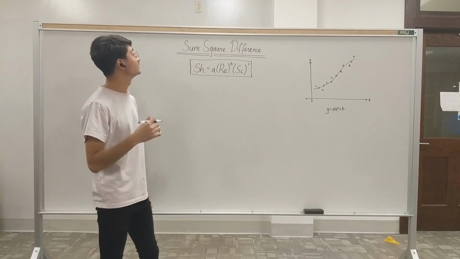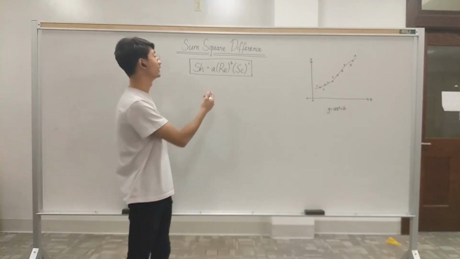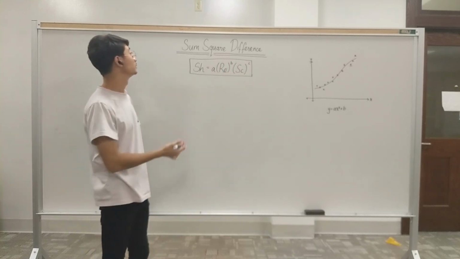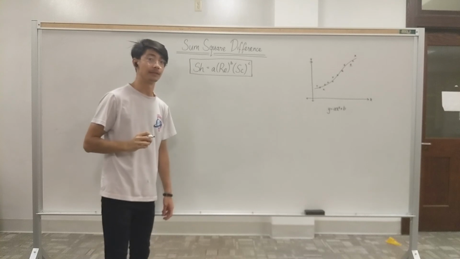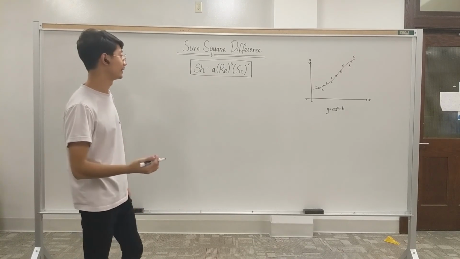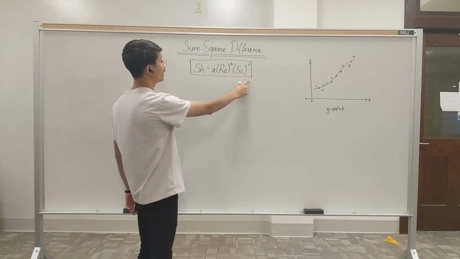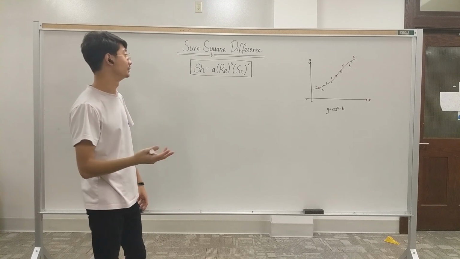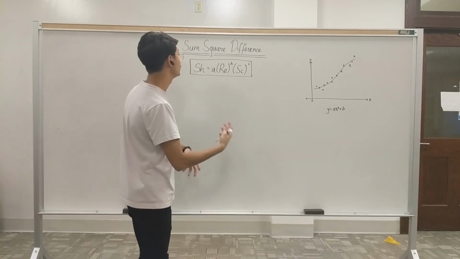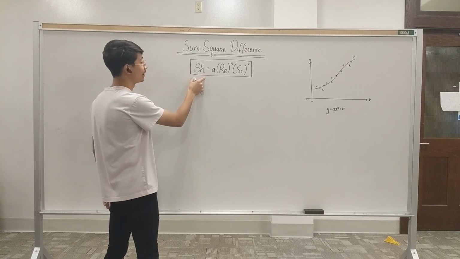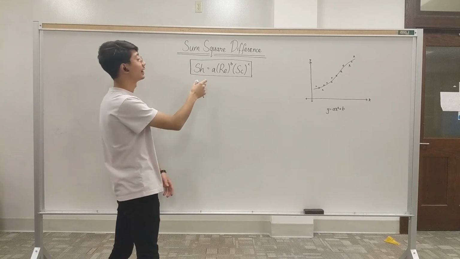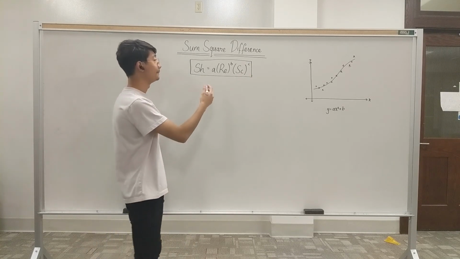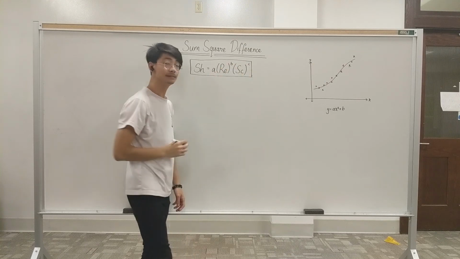The second way that we can find out the values for our unknown constants A, B, and C is what's called the sum squared difference method. What do I mean by that? We have our actual equation, which we assume to be true, and we want to see how different our observed value is from a calculated value. For that, we make a guess for A, B, and C,